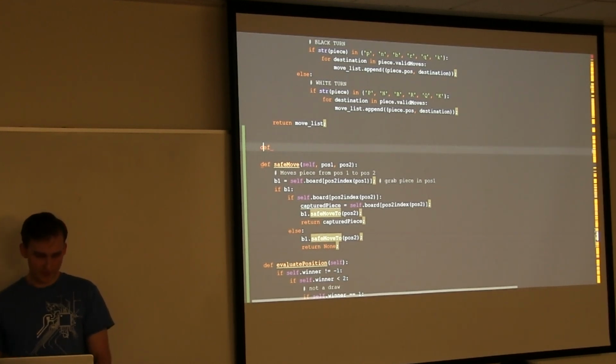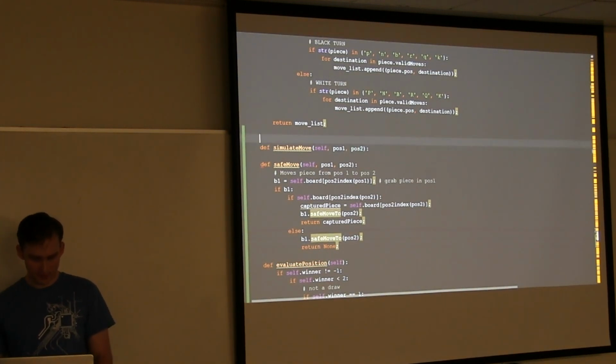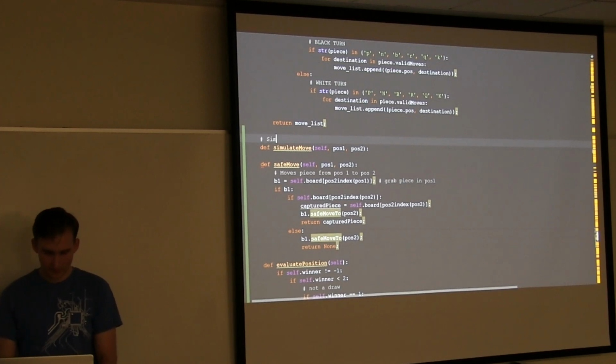Alright, so the next function we're going to make is what we've been talking about for a while, which is actually simulating a move. And this is going to take the same position 1, position 2 idea. Let's actually simulate enacting the move. Refresh original game state after.